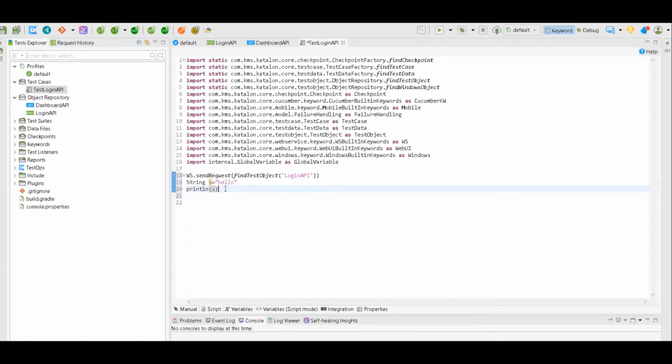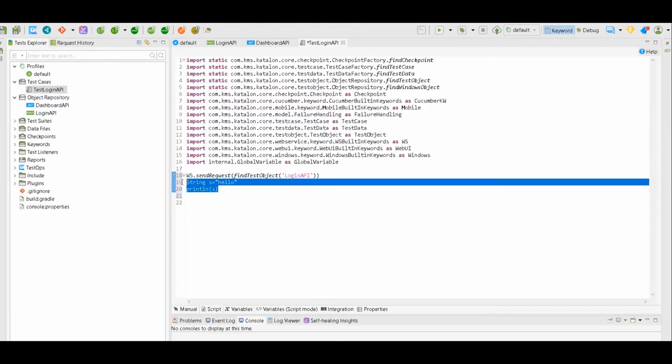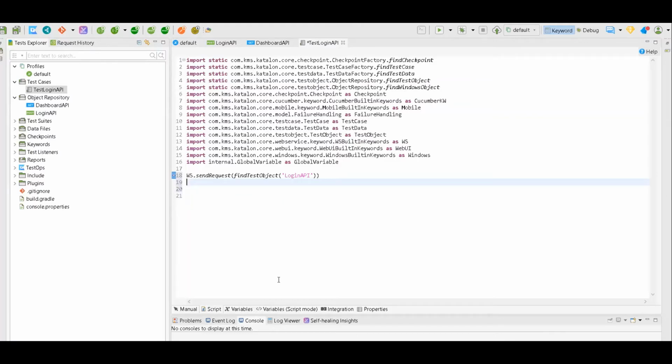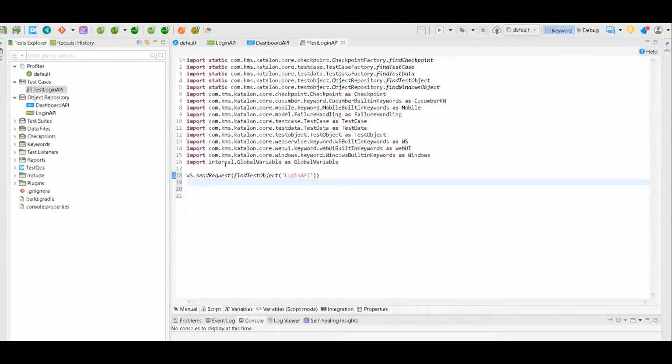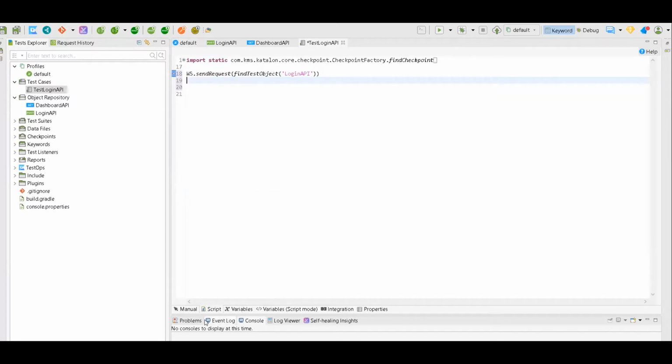But a lot of people who use Katalon Studio don't know much coding. So there is an option: you can do it without coding in the manual section. If you know coding, you can go to script. For API tests, as I said, it uses Groovy, so you will be using Groovy syntax. And in web UI automation, we will be using Java. And just like we were using import, they also have all those import statements. So this is the script mode.